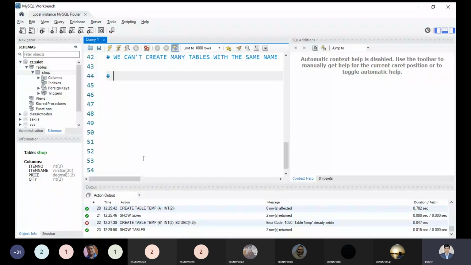So it's time to remove, delete, or drop the table. They are the same. Drop the table. That is a syntax we have to keep in mind. So what is the syntax? Can anyone tell me?